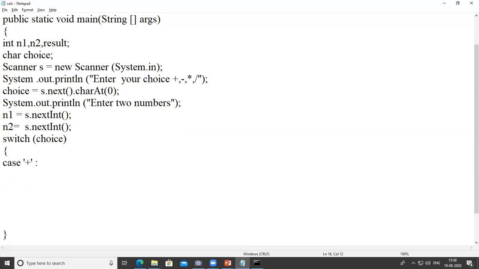It's the syntax. So here we do the addition. Result is equal to n1 plus n2, and then we use the break statement to exit from the switch.